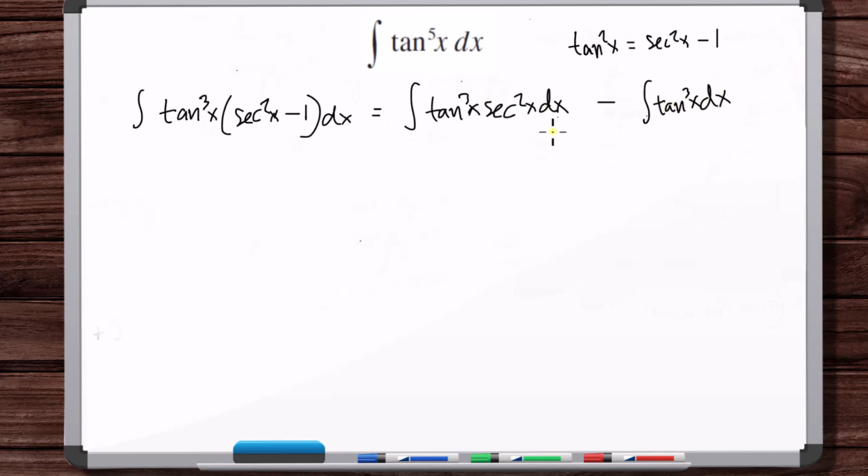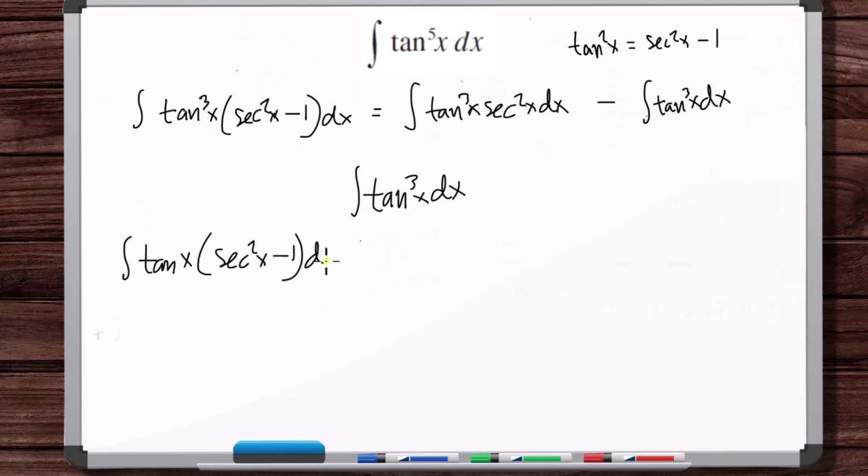So we can solve this, right? We have an odd power on the tangent. But what about tangent cubed x? So tangent cubed x, we just do what we just did. We say tangent x, secant squared x minus 1. So we've got tangent x secant squared x dx minus,